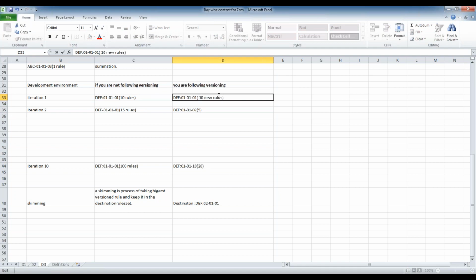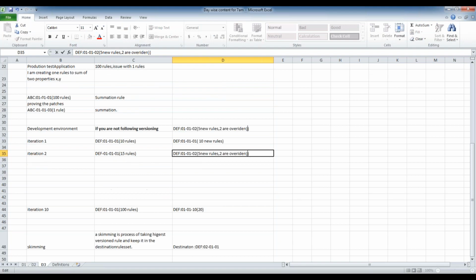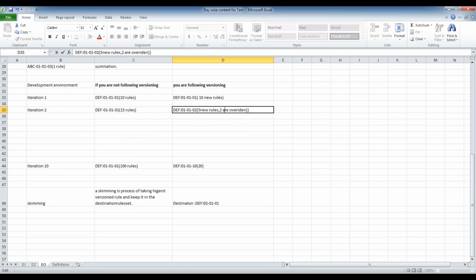And in iteration 2, 5 new rules are created and 2 rules are overridden. Overridden means from version 1 I modified that. When I say overridden, that rule is already there in 01, and I am overriding it here.